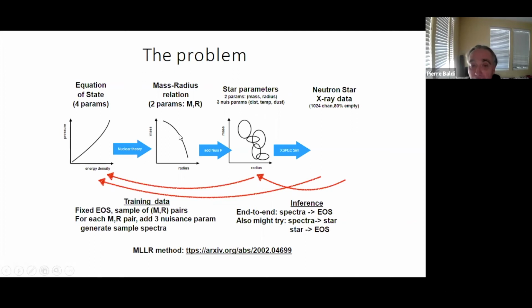from this radius. You first sample stars on this mass radius curve. Then you have to set some nuisance parameters such as distance, temperature, and dust. And then using the nuisance parameters and the mass and radius values, you can produce a spectrum, and then you can add Poisson noise to the spectrum, etc. Right? And of course, long-term, we're interested in the reverse process, where you have a few very noisy observations about a neutron star, and you would like to go back and try to infer the values of the two parameters in the two-parameter theory, right?